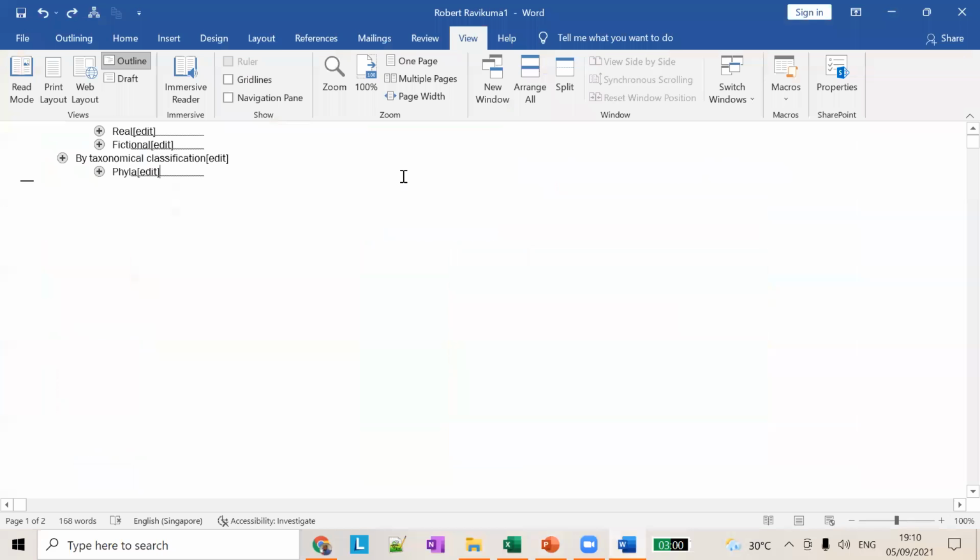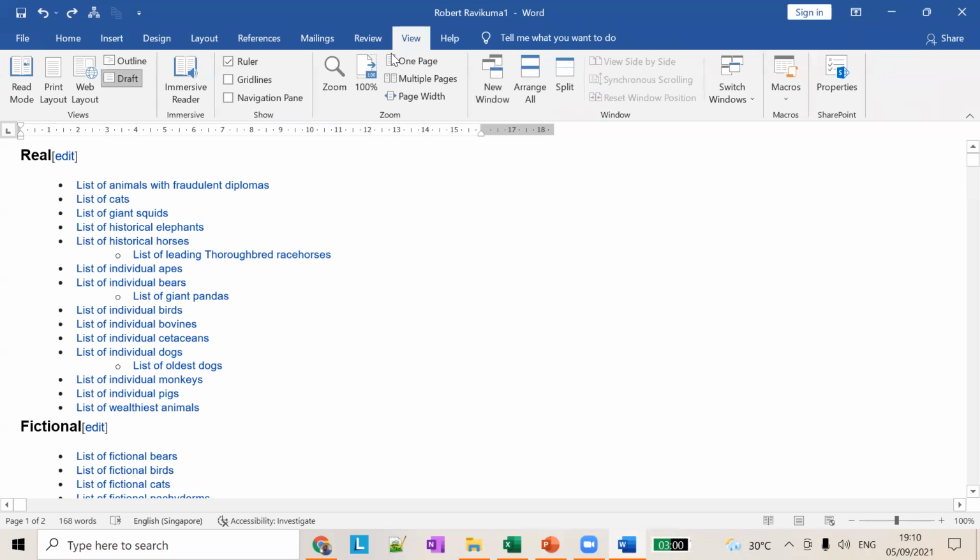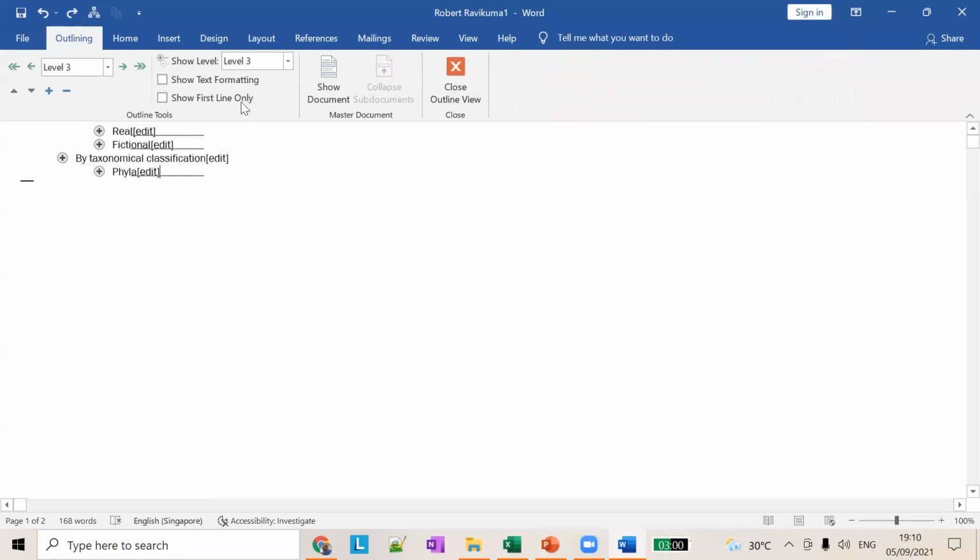So we saw the outline view and the filterings. Go to outline view. Now only level 3 is shown in this document. All the other levels are hidden. So this is how you can find, let's say,